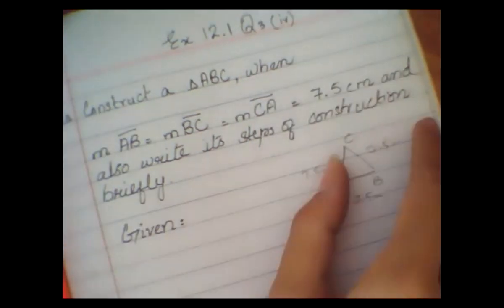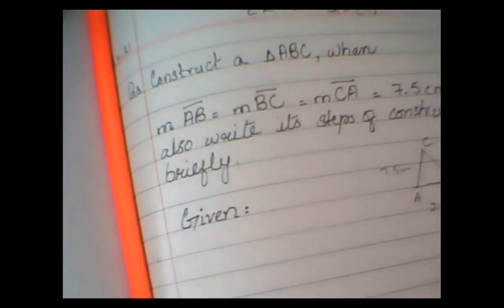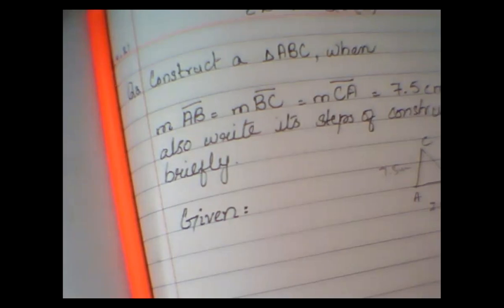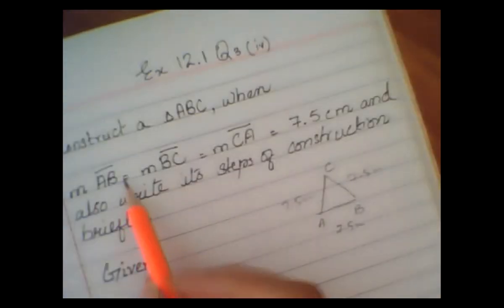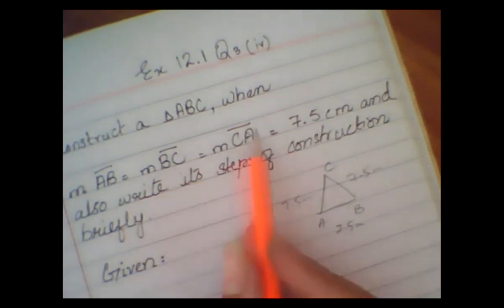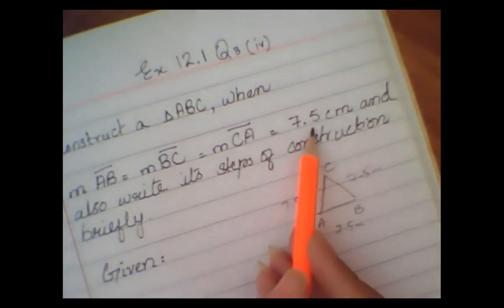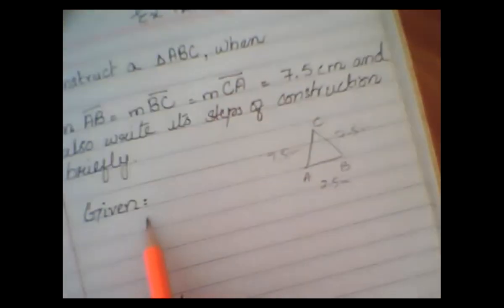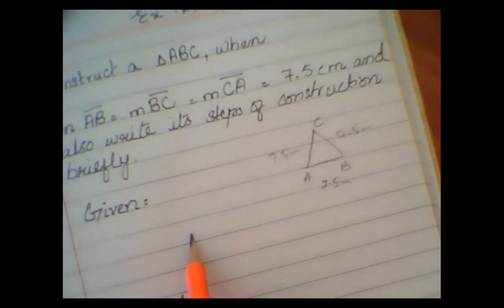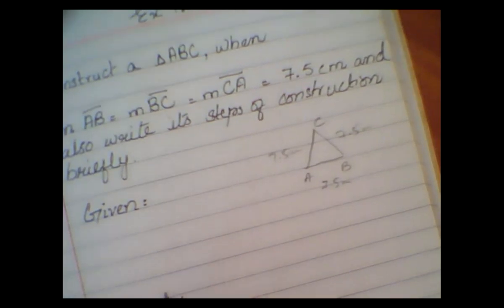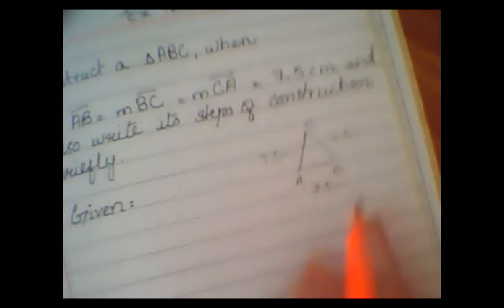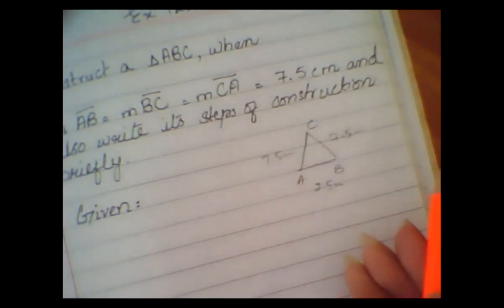When all the sides are equal in length, this type of triangle is called what? Yes Hania, bete, equilateral triangle. Very good, Hania. AB, BC and CA are all equal to 7.5 centimeter. So we will write in triangle ABC, measurement AB is equal to 7.5, BC is equal to 7.5, and CA is equal to 7.5, and it is an example of an equilateral triangle. Excellent. All right.